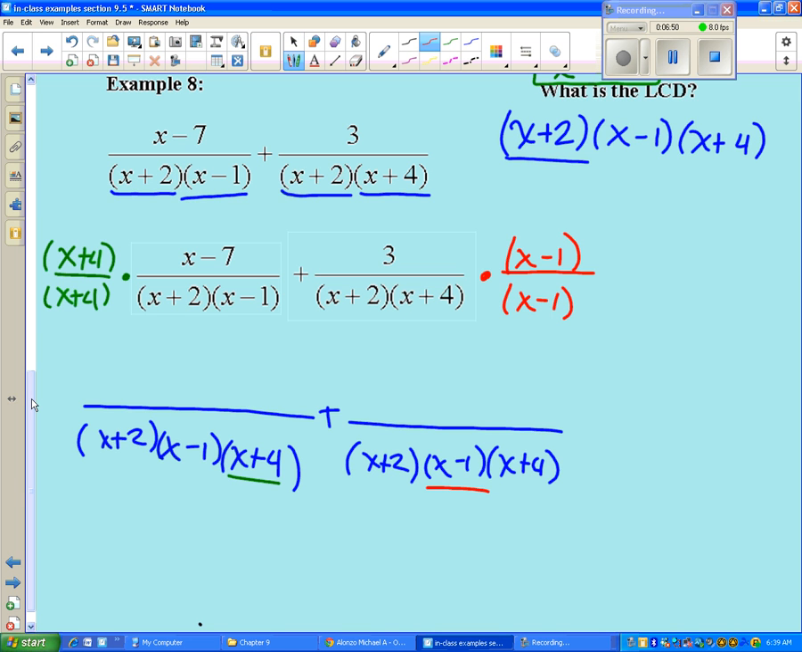Over here on the far left, I'm going to FOIL: my first, my outer, my inner, my last. First, I'm going to get x squared. Outer, I'm going to get negative 7. Inner, I'm going to get positive,